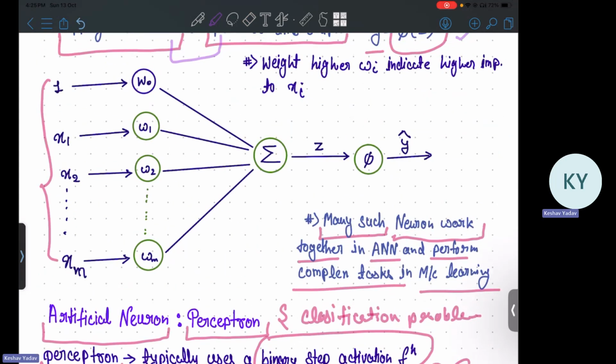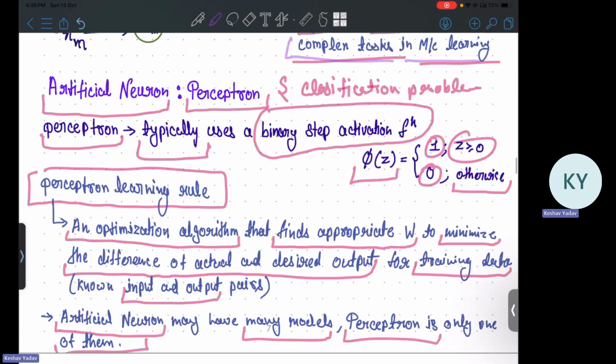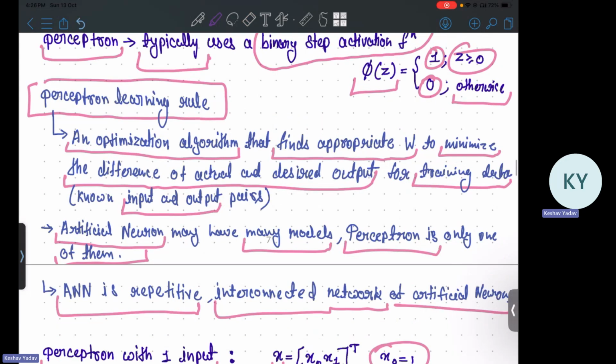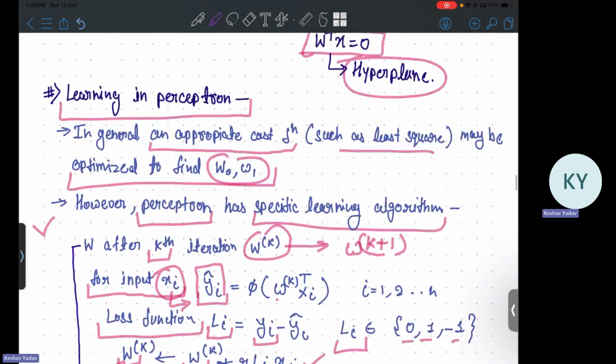So this is a typical neuron network. Many such neuron networks together in an ANN perform complex tasks in machine learning. Then we have seen a type of artificial neuron that is known as perceptron. Perceptron can be used for solving classification problems. We have seen the algorithm that is used